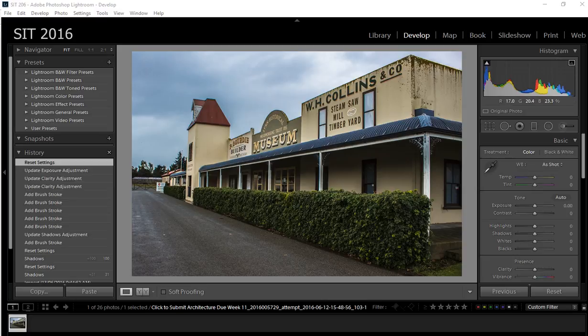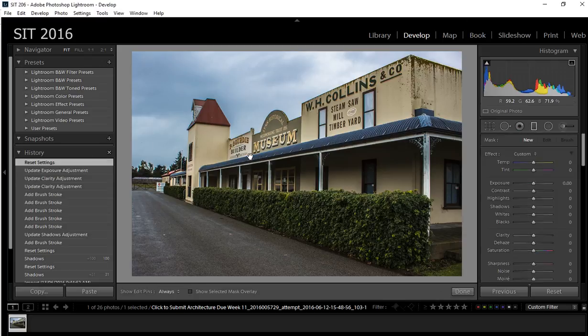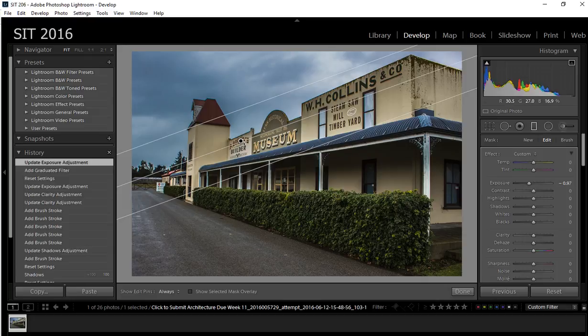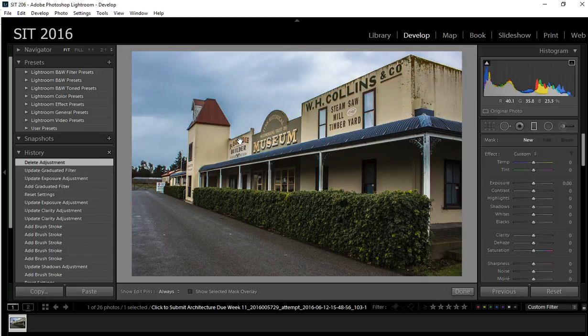There is a minor glitch with the exposure, and that is, it looks more like a post-processing issue than anything else. You've got a lot of shadowing underneath the veranda, and you've got this line that's happening across here. Now it looks like you've selectively adjusted the sky, and my guess would be that you've utilized something that does like this, and you've pulled your exposure down just like that. Now, the problem with doing that is you can see where it's been done. You can see this line across the top here,